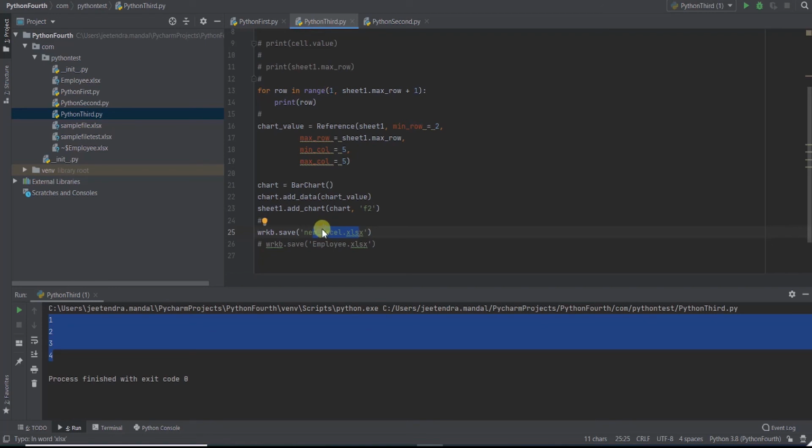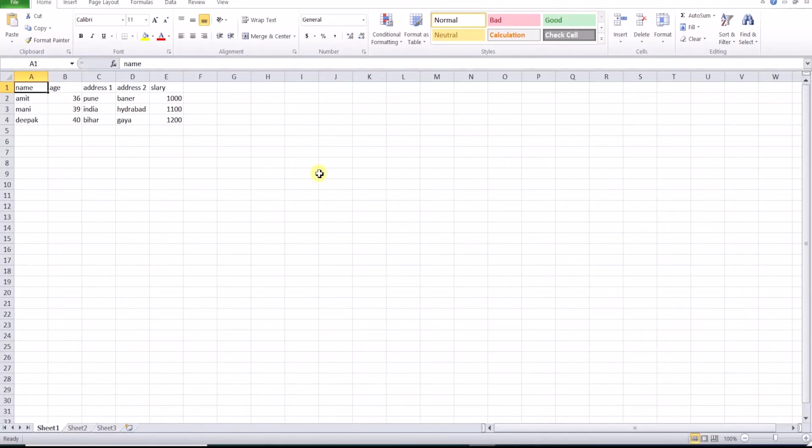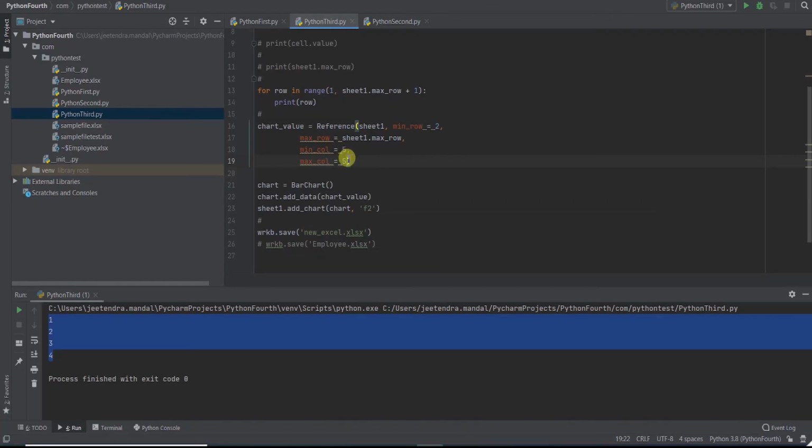So we are reading one Excel file, creating another, and inserting a bar chart in it. Now what will the bar chart read? I am reading minimum column 5 and maximum column 5. E means 5, so it will read only this column. Based on the values present in this column, it will create a bar chart.